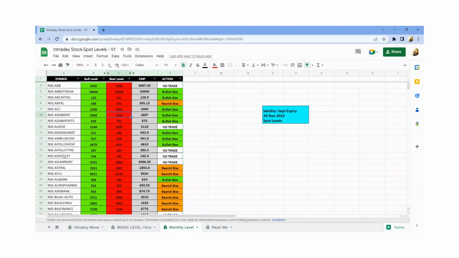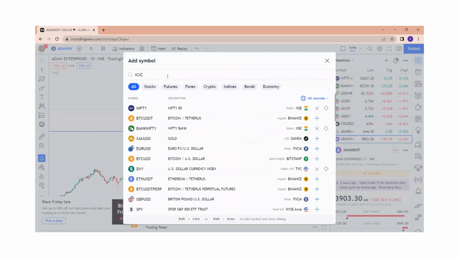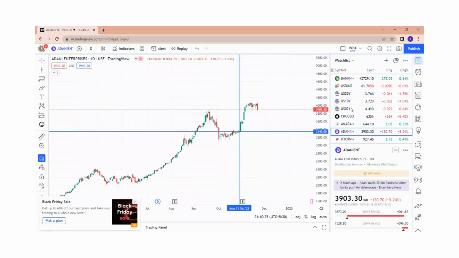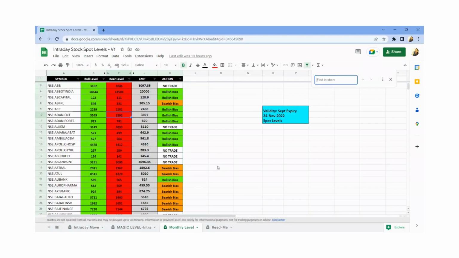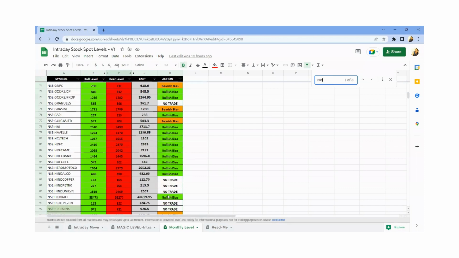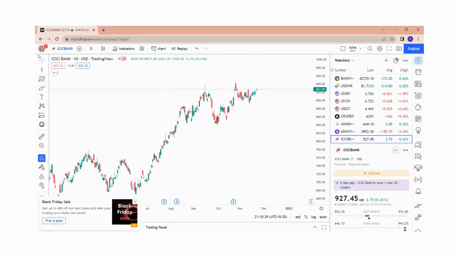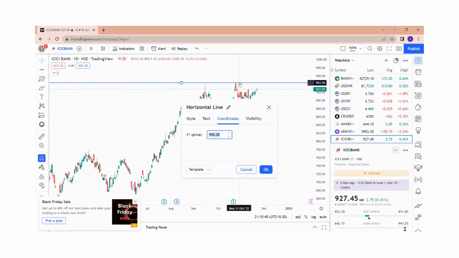Now, a few more examples. Let me take one example where there was a contra trade. So you can see ICICI Bank where there was a contra trade. The level for ICICI Bank was 941 above. It was above 941 that it is bullish. You can see here ICICI Bank came till 940. This was the level